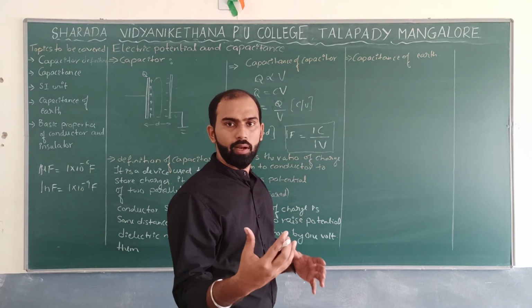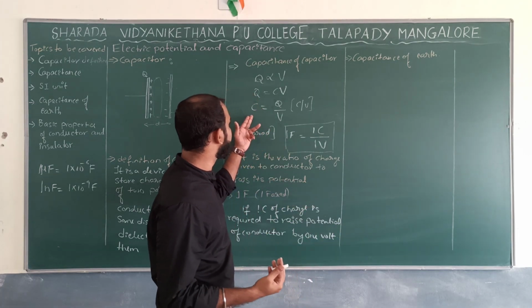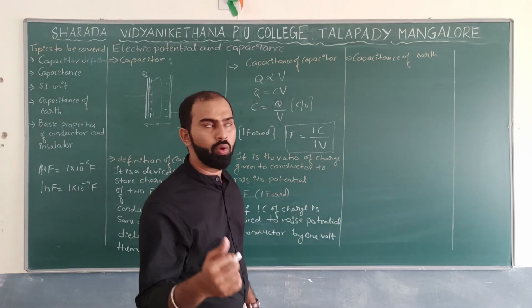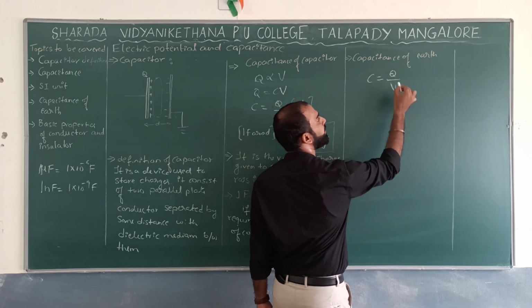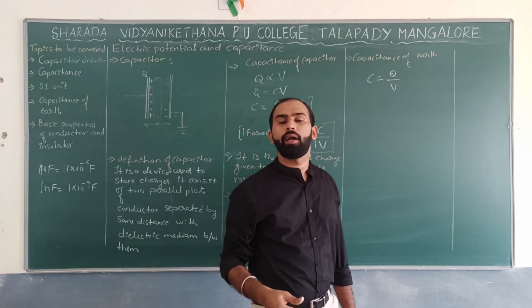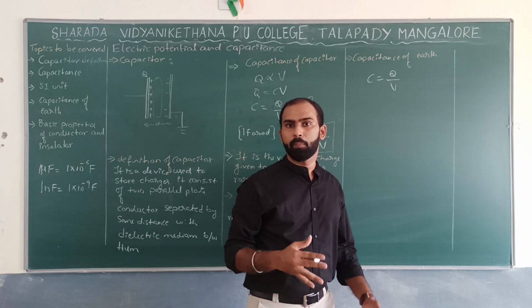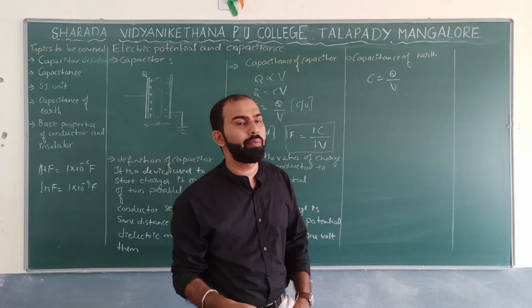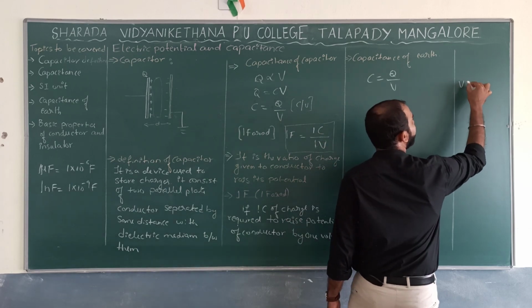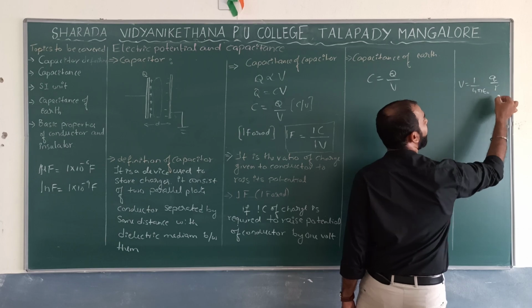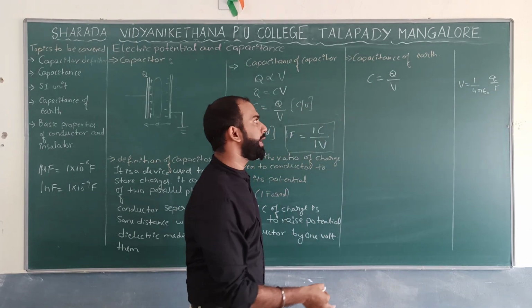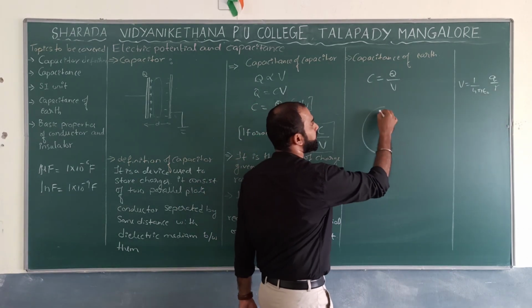What is the relation we have got just now? The capacitance is equal to Q by V. Correct? Next, we have learnt in our previous discussion of potential at a point. What is the formula we had? V is equal to 1 by 4 pi epsilon naught Q by R. Correct? So if I take the earth somewhat like this,